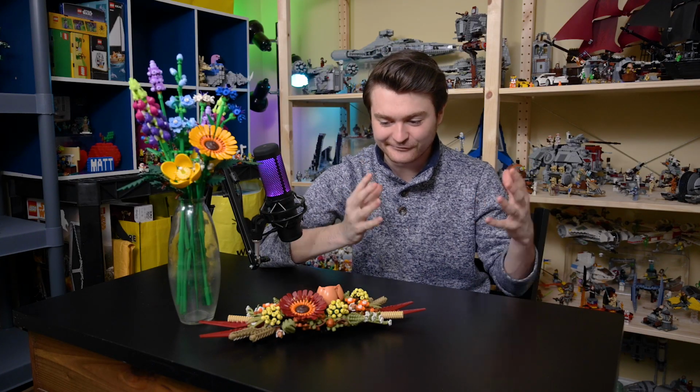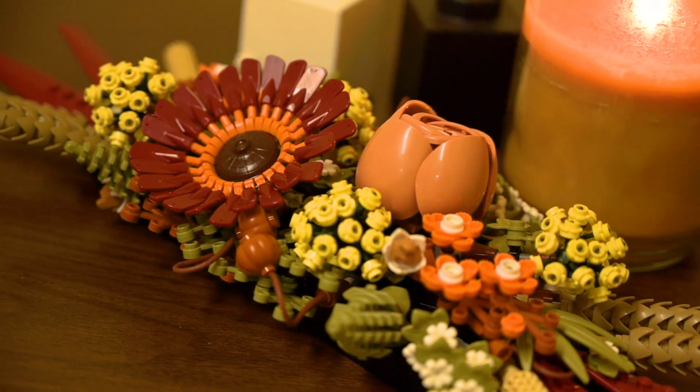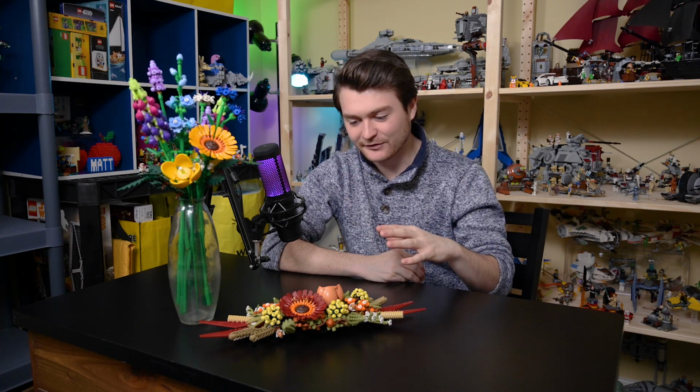I could see them hanging in a kitchen area and do like that they're more compact and have different display qualities in comparison to the ones that just fit in a vase. You don't have to worry about finding the right container or spending the time to make them look appealing unless that's something you enjoy. But for $60 and $50 US, with the amount of LEGO you get and the overall